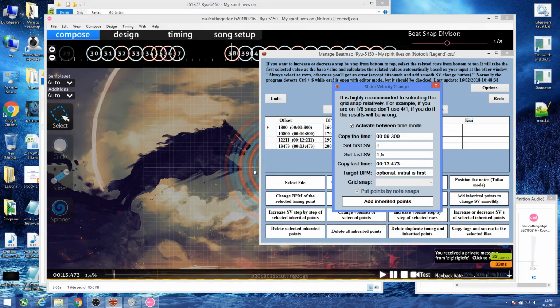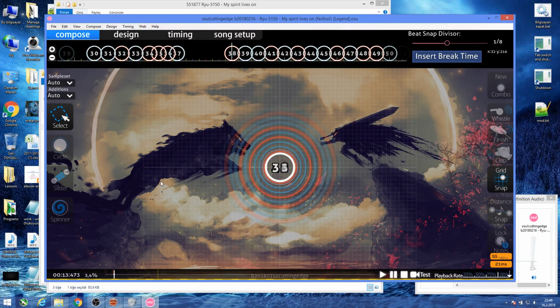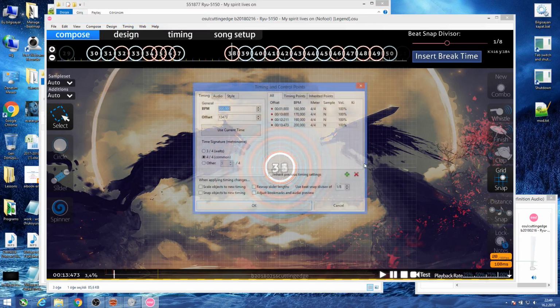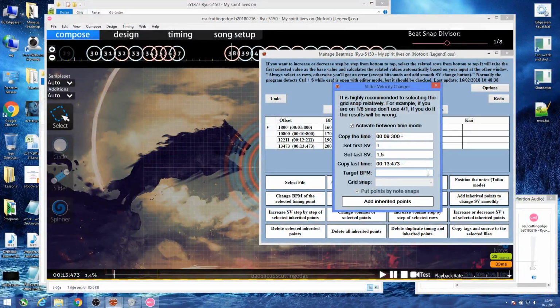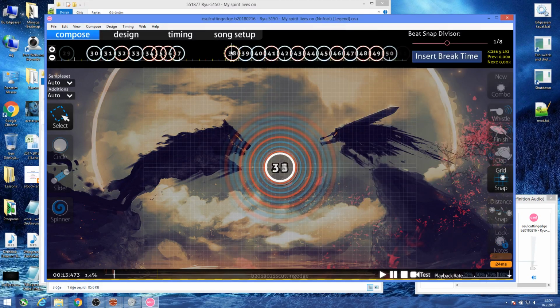I'm gonna put 1/5 here. Now, the starting BPM is this value, 160, and the final value is 200. That's where target BPM is handy. If you want, let's say 1/1 on this note,